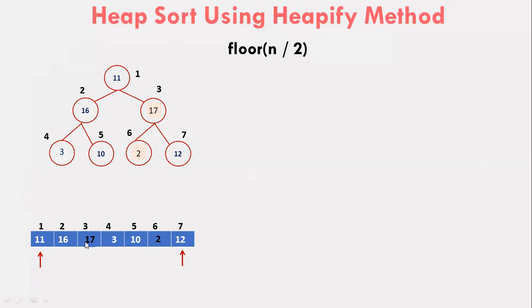Okay. So how to find the left child and right child of a node? Here for i equal to 3, the left child is given by the formula 2i. So i is equal to 3, 2i is 2 into 3, which is 6. 6 is the left node. And the right node is 2i plus 1, that is 2 into 3 plus 1, that is 7, the right node. Understood? For i equal to 2, 2i, that is 4, is the left node, and 2i plus 1, that is 2 into 2 plus 1, that is 5, is the right node. So this is how we find out the left node and right node.